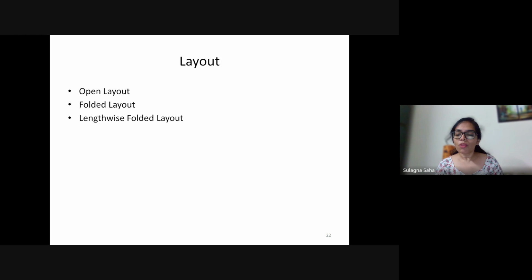This works again in cases wherein it works very similar to the open layout. However, make sure whenever you are doing it, in one case the layering would be with wrong side up, and in the next layer, it will be the right side up. ऐसे करके होता रहेगा. Is this clear to everybody?